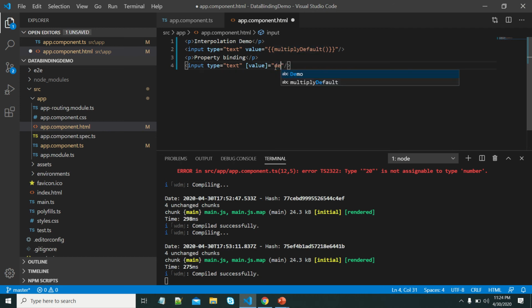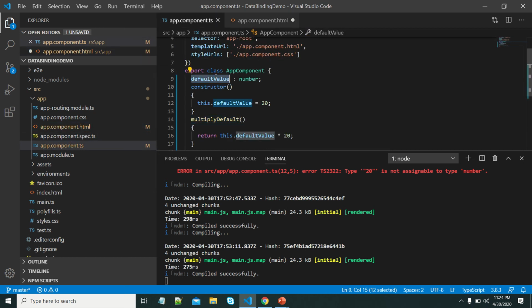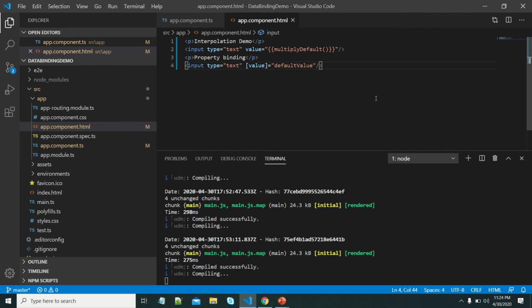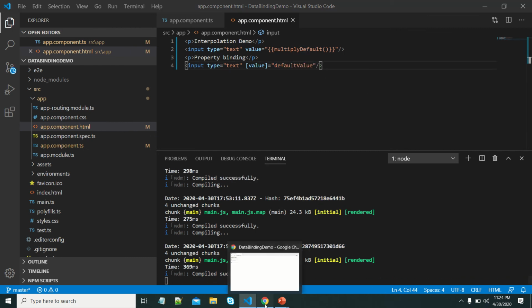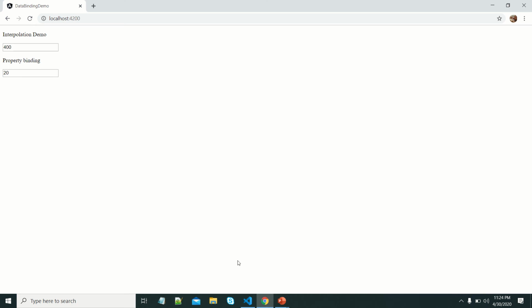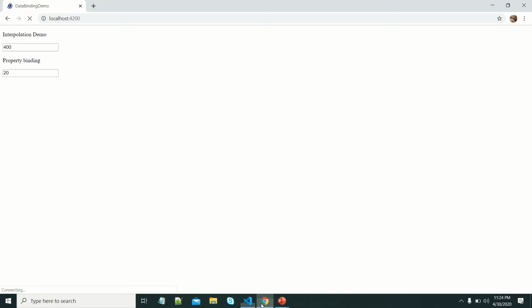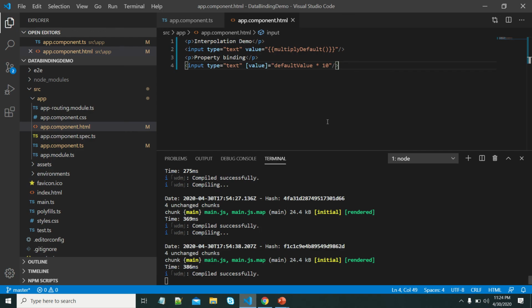First default value, right? Let me put this one. Yeah, we can see 20 is displayed here. Default value into some expression we can write. 200 changed.